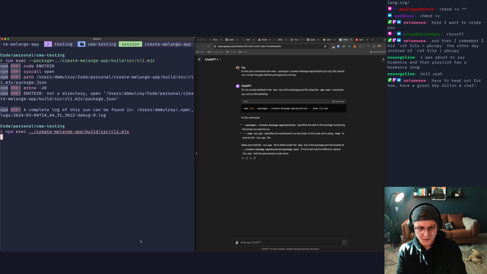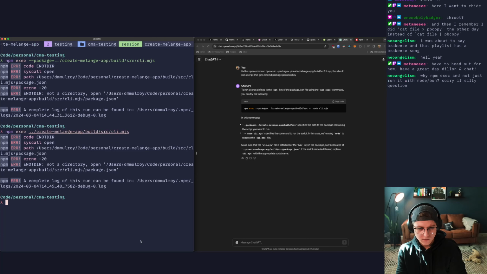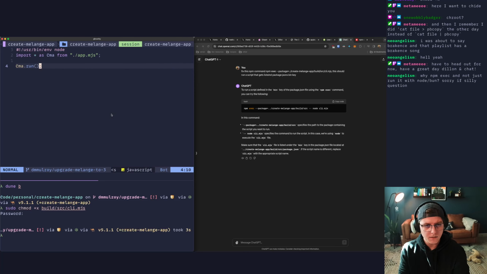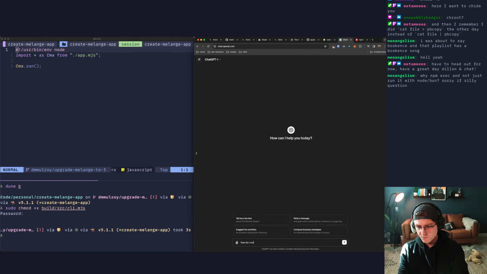I really thought this would be it, because it runs it as a shell script thing. I don't remember what this is called. So how do I run node scripts with npm locally that begin with